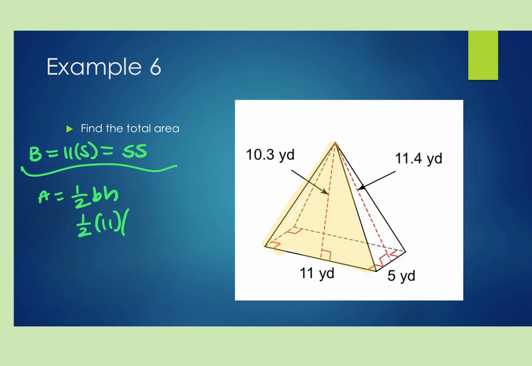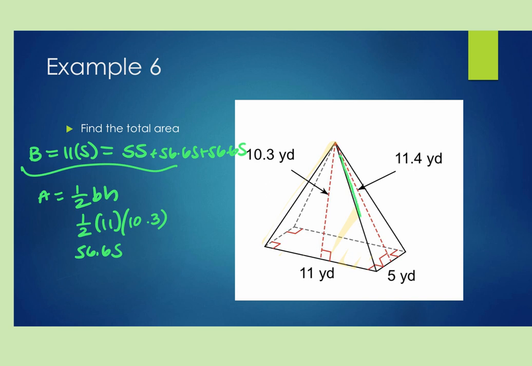Then the height of this triangle is 10.3. So multiply that out, and that's 56.65. There are 2 of those, the front and the back. So you could do 2 times that, or you could literally add it twice. Yep, same thing. And then the last sides that we don't have are the right and the left, which are